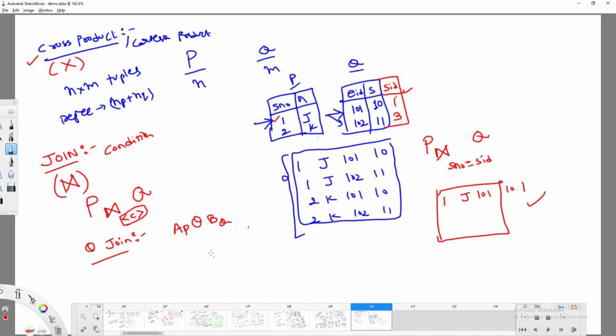But the point here is, in place of theta, if you use the equal to operator, then I can call it an equijoin.